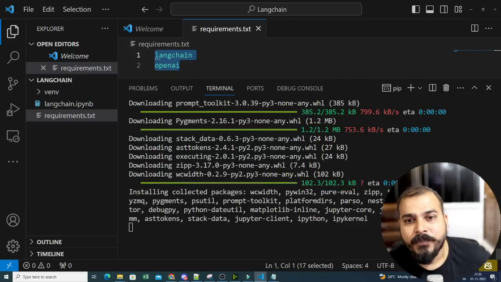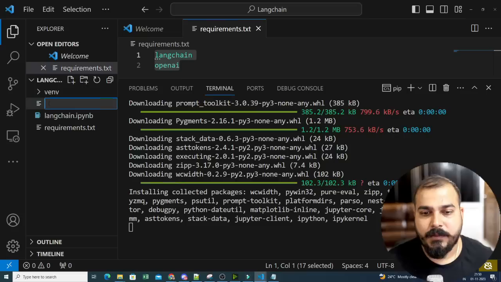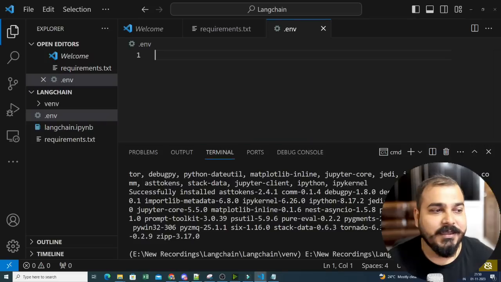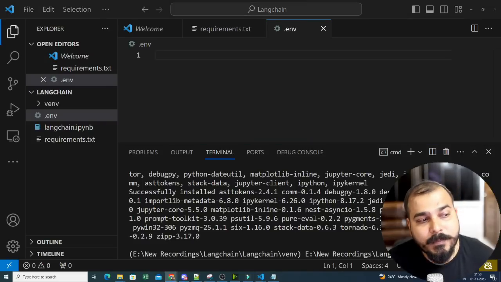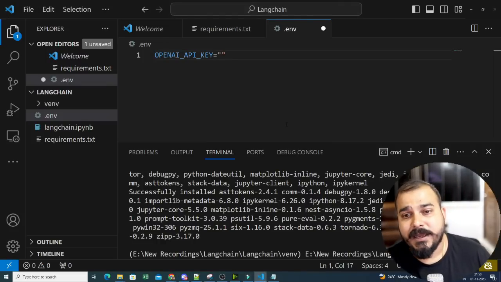One is about environment files, the .env file. So here what I will do is write a .env file. The reason I'm writing this .env file is that I need to use my OpenAI API key and mention it over here. Whatever API key I get from the website, I can upload it over here, and using